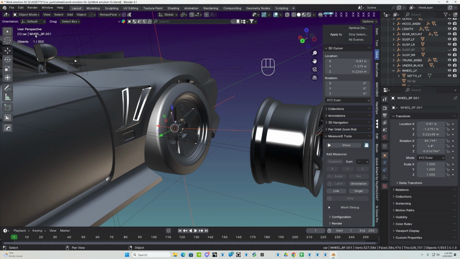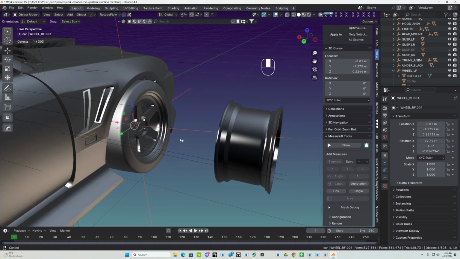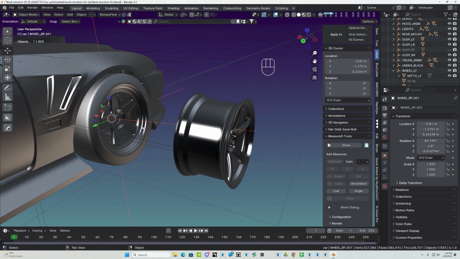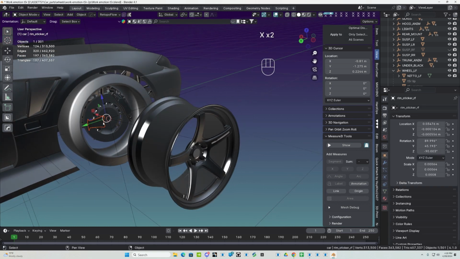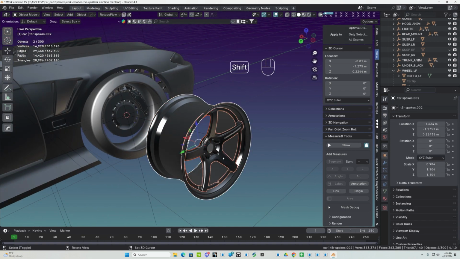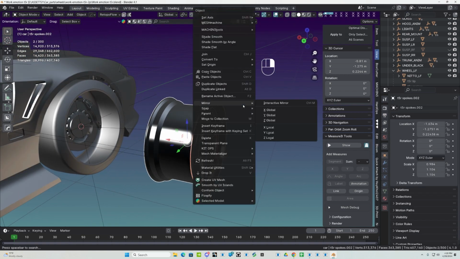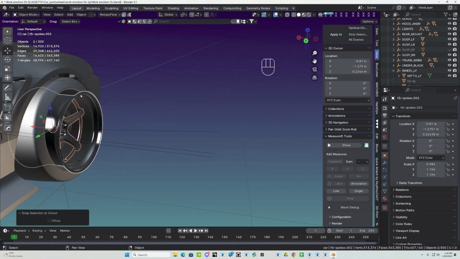Go ahead and hide. If it's disc or suspension, go ahead and hide those two empties. Snap the cursor to the center point of that empty. You can go ahead and delete that, the existing. Snap the rim to the cursor. With both of those selected,